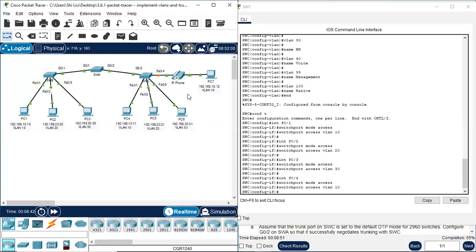So in order to support voice traffic, quality of service classification needs to be enabled on interface F0/4, setting it to a trusted state. This trust is based on the class of service. So we need a command. Let me type the command first, then explain it. The command is mls QoS trust